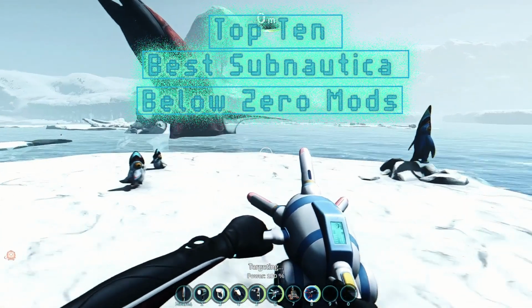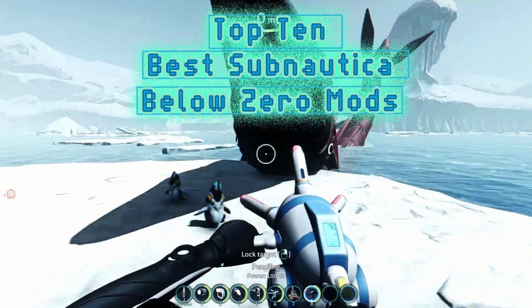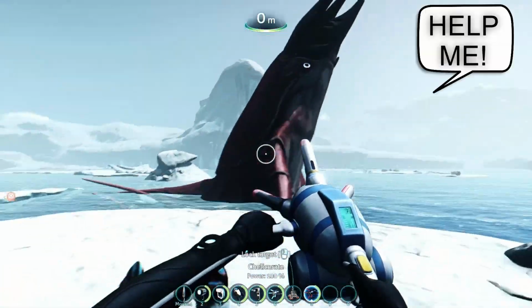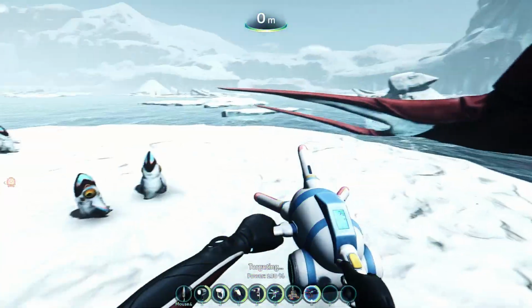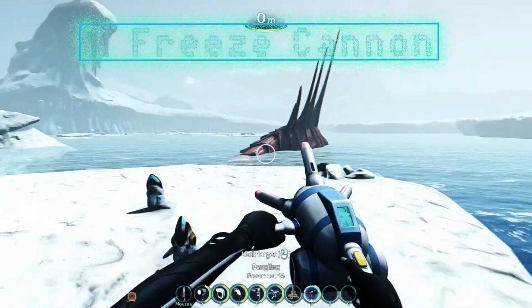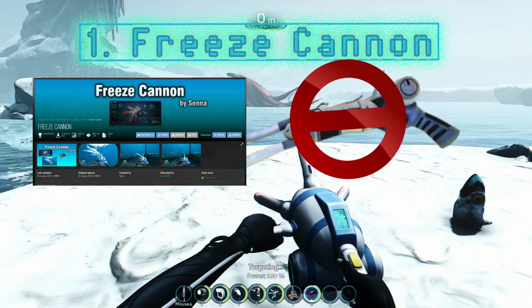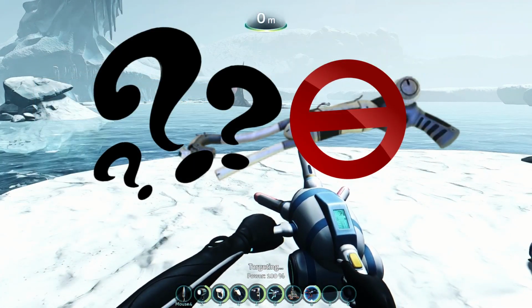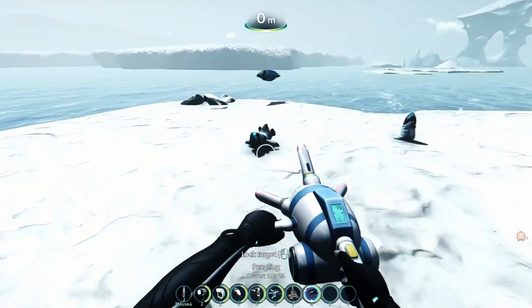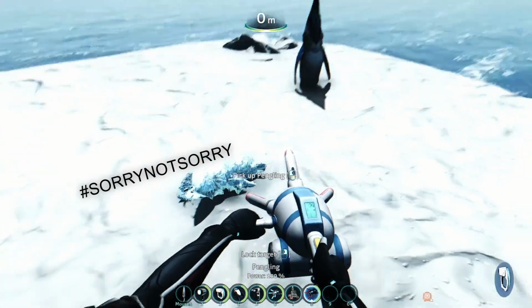Alright, so let's just get right into it. I'm going to talk about my top 10 favorite Subnautica Below Zero mods. Oh, I spawned this guy in too shallow of water. Okay, so they're not in any particular order, but we're going to start off number 1 with the freeze cannon. Now remember, the stasis rifle is not in Subnautica Below Zero. Why? I don't know why they didn't put it in, but this is the perfect replacement. Oh, I'm so sorry for what I did to your baby. But